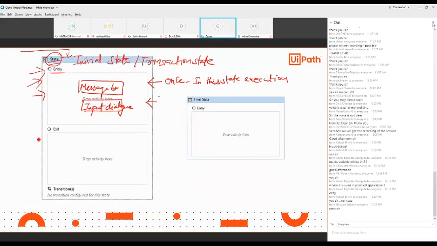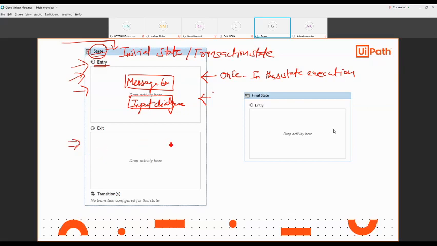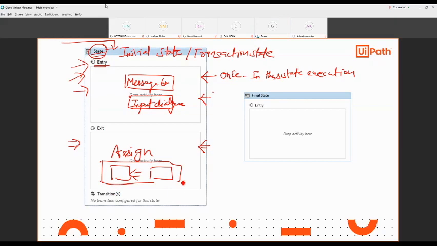Okay, this part will be executed when you want to exit the state. So here again you can mention anything, maybe an assign activity, maybe a message, both are okay. The exit activity activates when your transition says, yeah, your transition is successful. Now you can exit the state. During the exit, if you want to print something or do any task in the state machine, then you can execute this part.